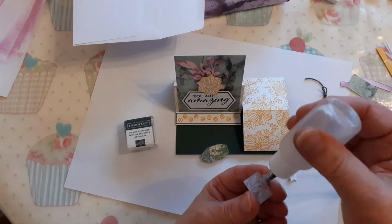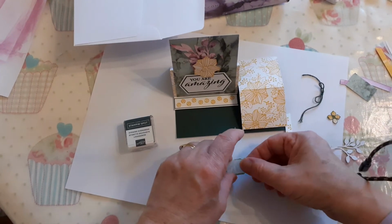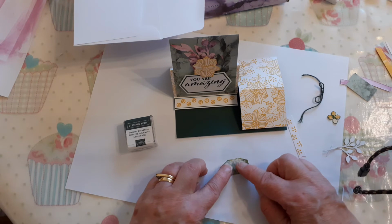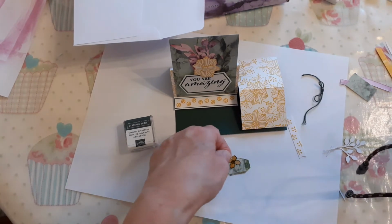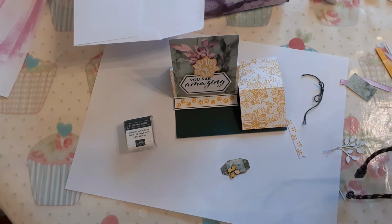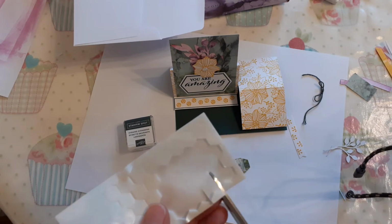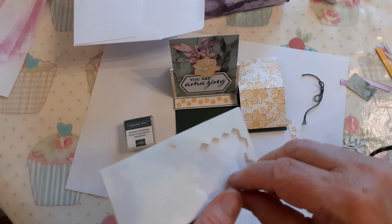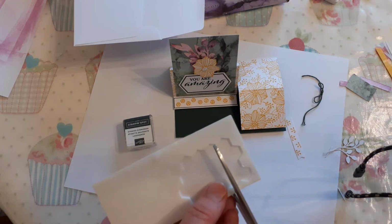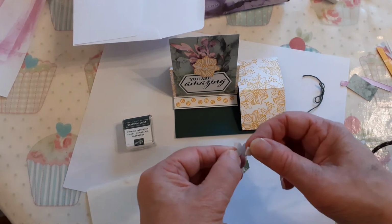That's the side. So I'm going to put some glue on the back of here. It just adds a little bit of something to it. So I'm going to pop this on there like that. And then on top of that, I'm going to stick a flower. Now I've popped my mini dimensionals away, so I'll just use the ones here. Don't forget you can use every single bit. In fact, I'm going to, oh, not my best scissors, that's why I've got these other ones out. I'm going to chop that even further so that I've just got a little bit in the middle here,